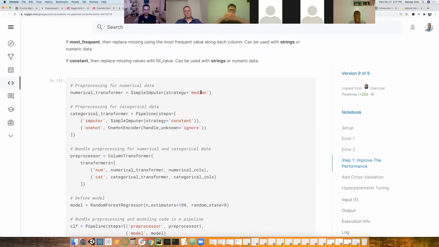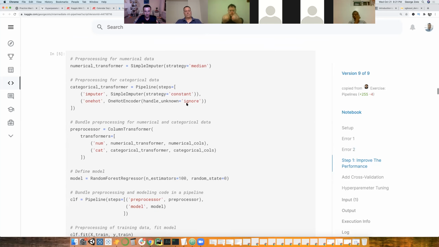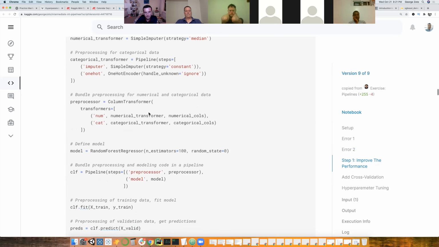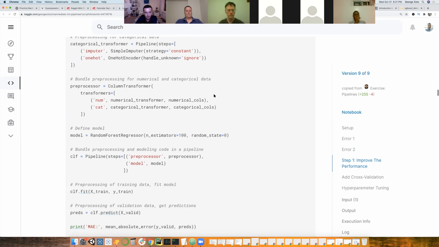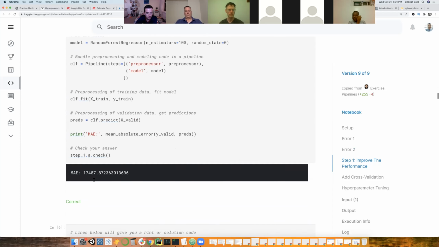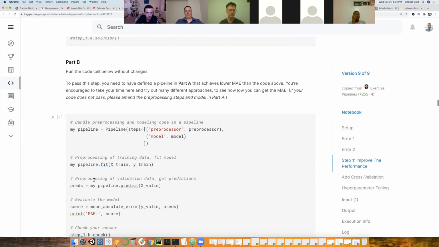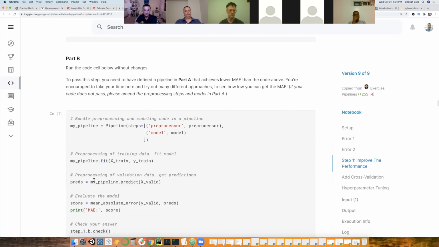Cool. Then I think I tried different ones, and I think median for numerical for imputation and constant for categorical instead of most frequent gave me the best results. I think so, yep. Let's see, did I try anything else?